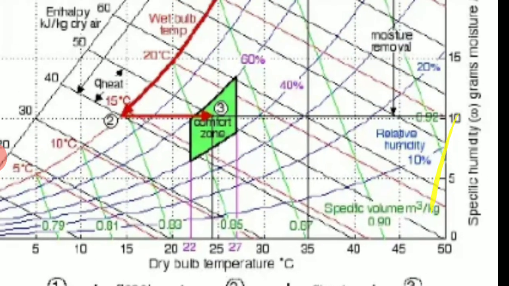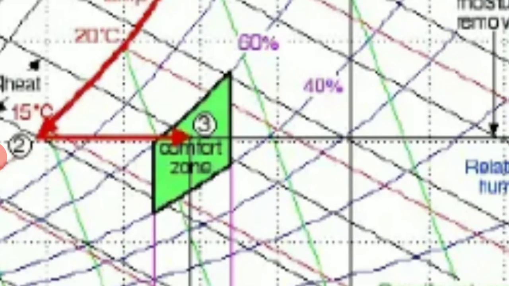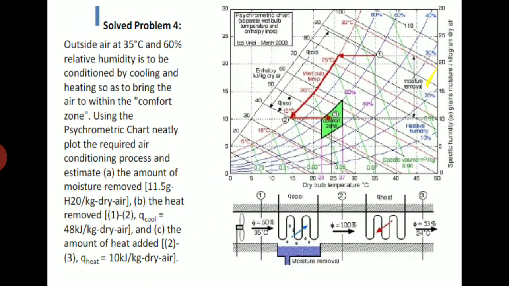So from that point 3 you can obtain what is exactly the relative humidity phi value also. From that point 3, it lies in between 40 and 60. So approximately it is nearer to 60, means 52 or 53 or 54 you can take. Phi also you can obtain. So from that you can obtain the wet bulb temperature also, from that you can obtain W also. So a number of parameters can be obtained. So this is how the problem goes for this.